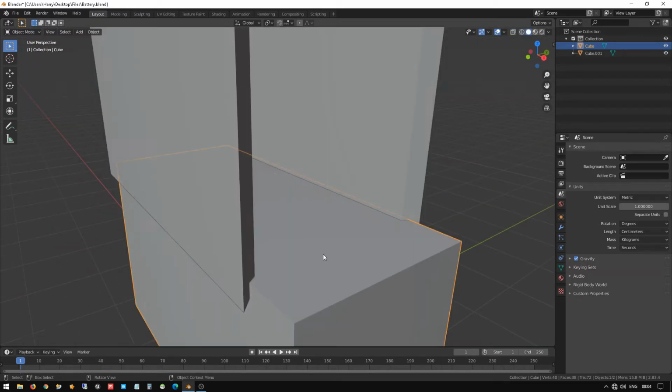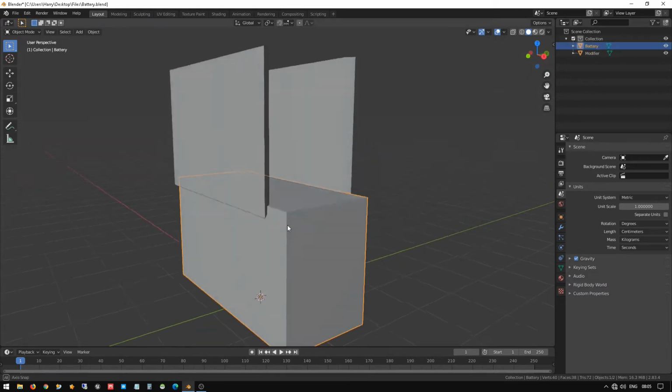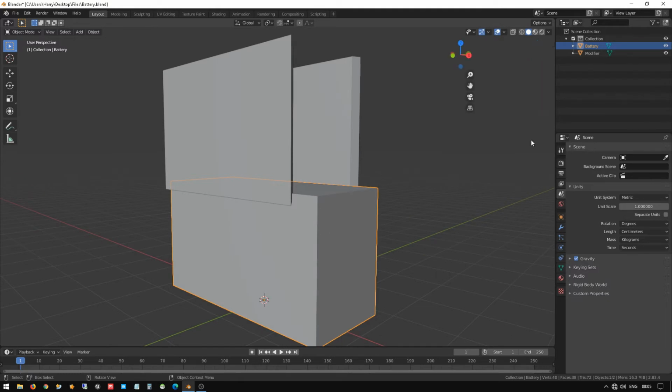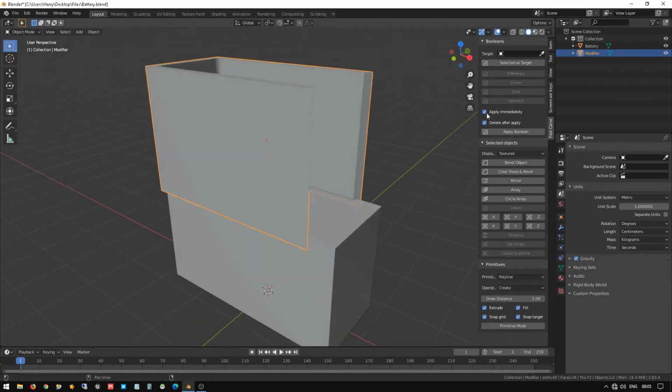And go to solid mode, and let me rename the object. Select the battery and press F2 to rename the mesh. So I just make this as battery. This one I make as modifier. So I'm going to modify this object using this face cut tool. Okay, select the modifier object.